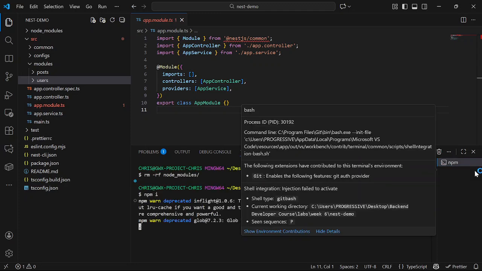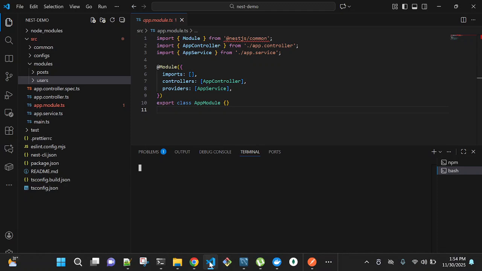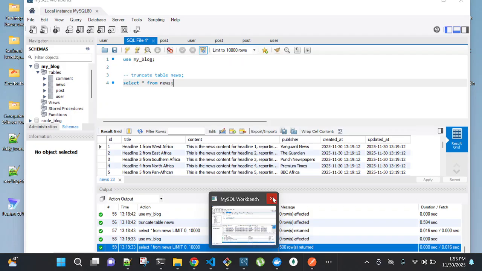Let me close this and open a new one. Let me see if I've stopped all my... Close my database.